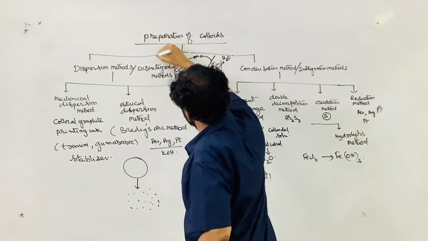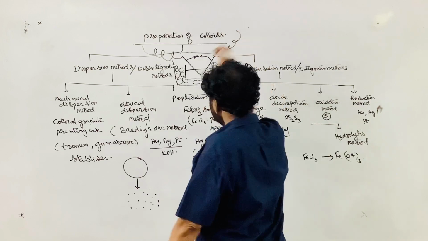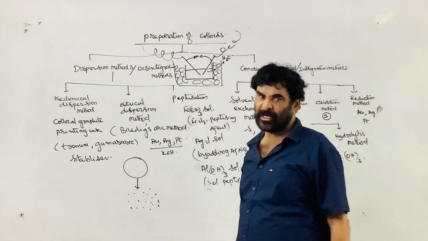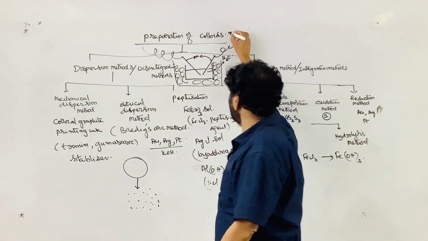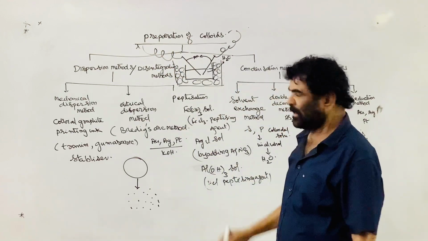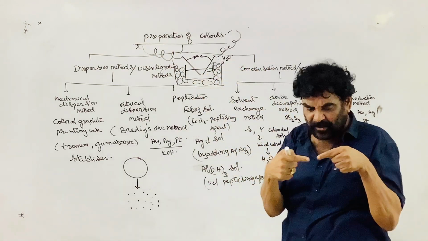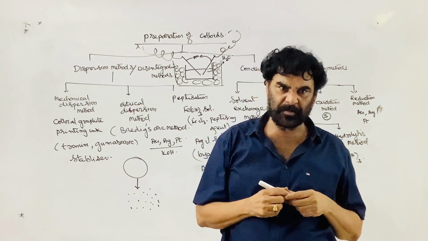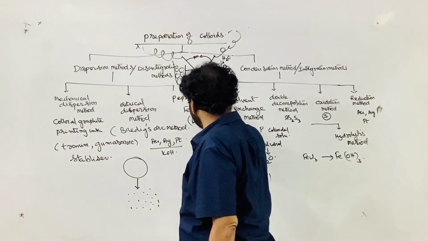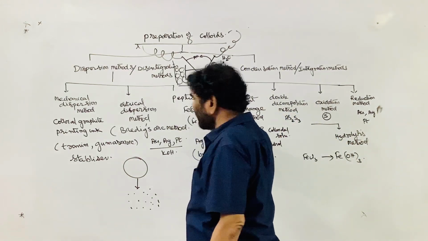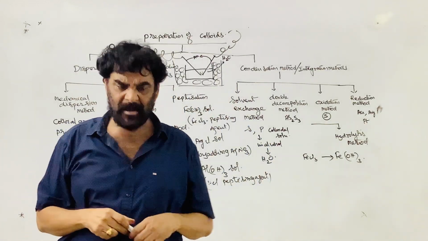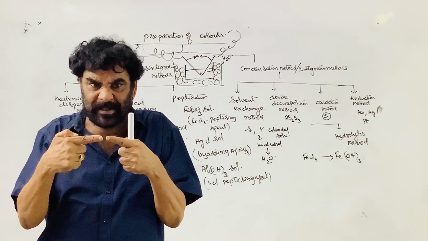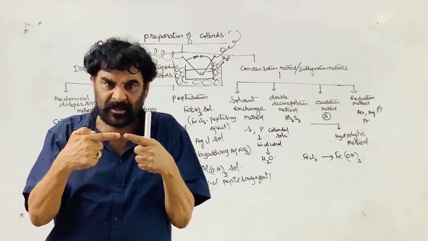Now these 2 rods are connected to an electric current, and a high potential difference is created between the 2 rods, cathode and anode. When the high potential difference is created between the 2 metallic rods, an arc is produced, a spark, an electric arc between them. The electric arc creates high temperature conditions. Due to the arc, the temperature increases.